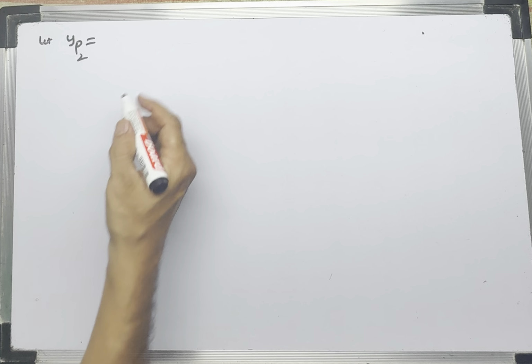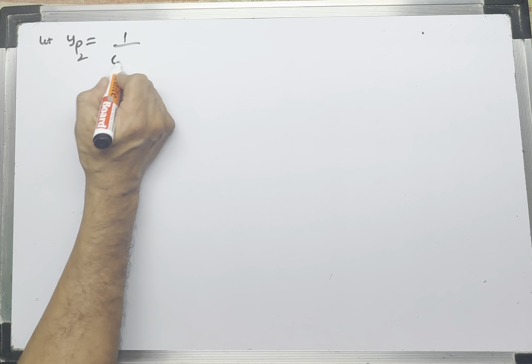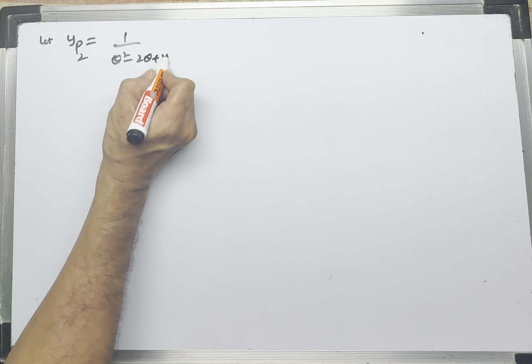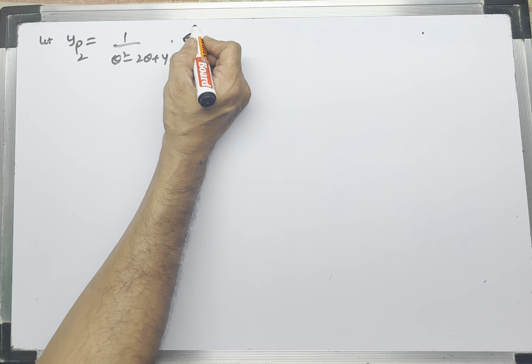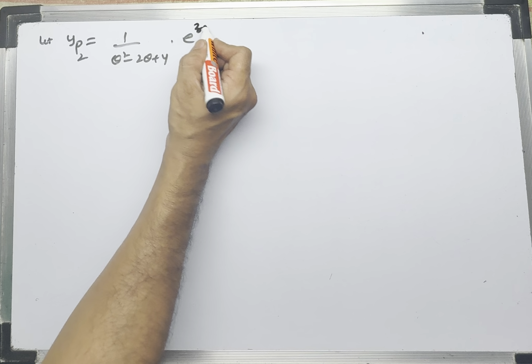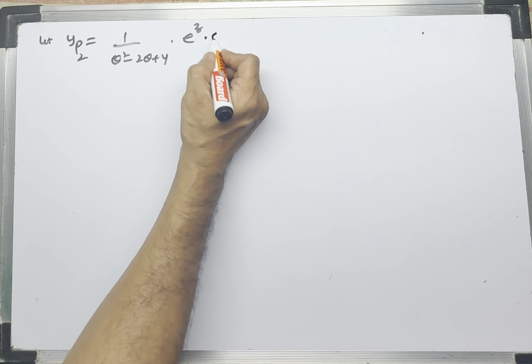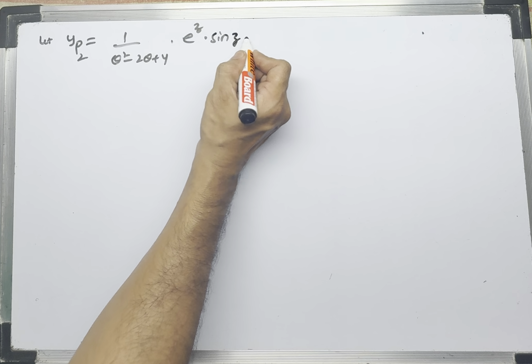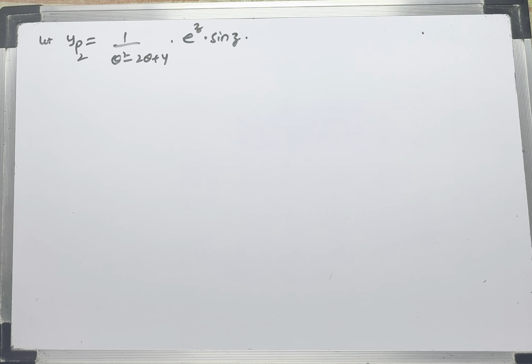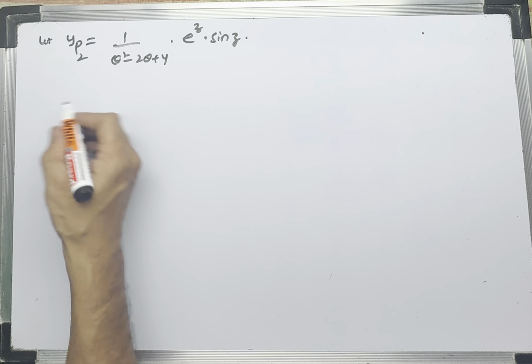yp2 is also there in that one. So what was that yp2? yp2 is 1 by theta square minus 2 theta plus 4, e power z into sin z. Now y power 2,